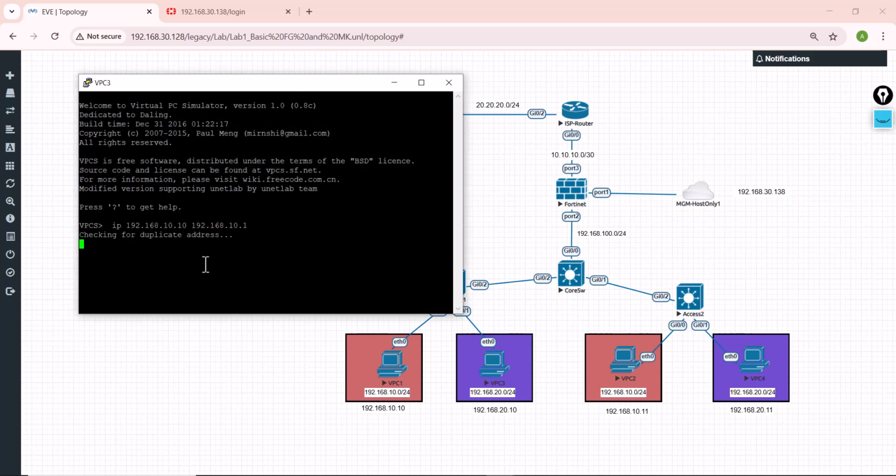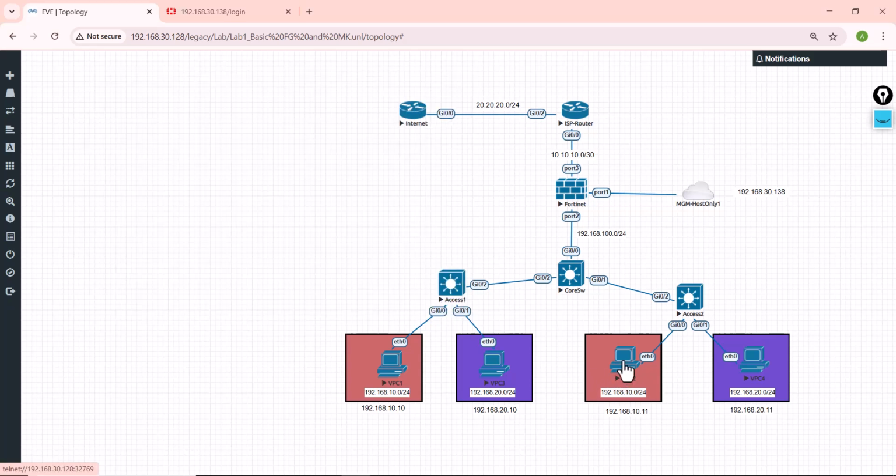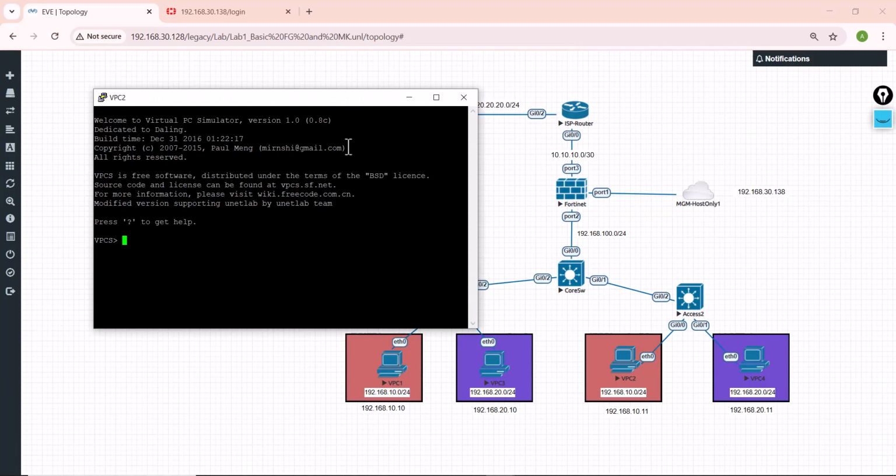Oh, there is no. Let's change it to 20 and okay. Oh, 20.1. Okay, now IP